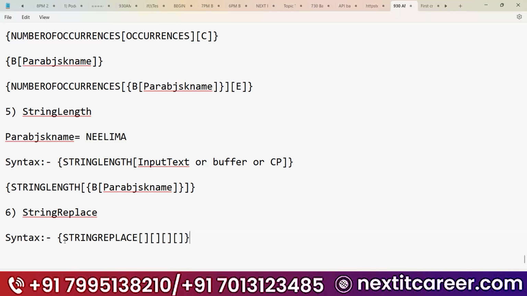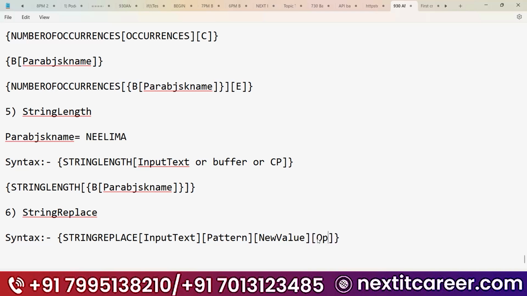See, guys, you have 4 arguments. In the first argument, you need to put the input text. Next, the pattern. After that, you need to give the new value.